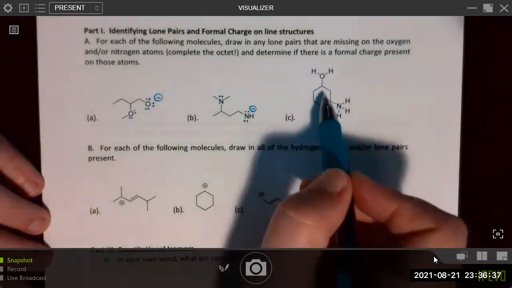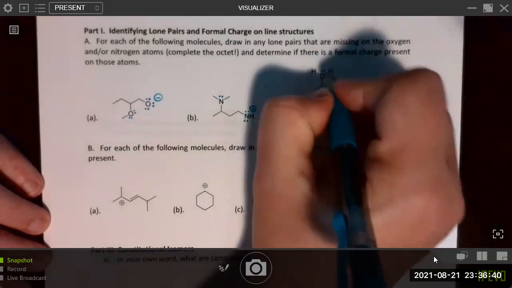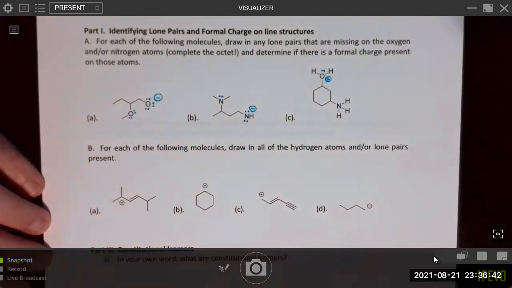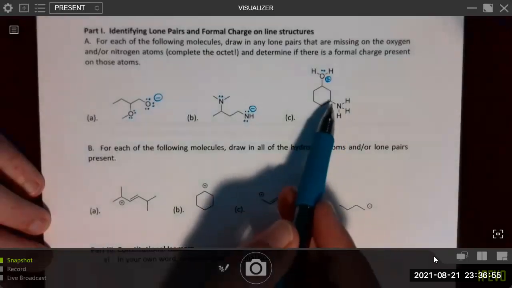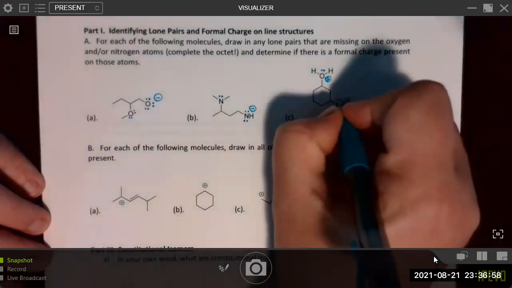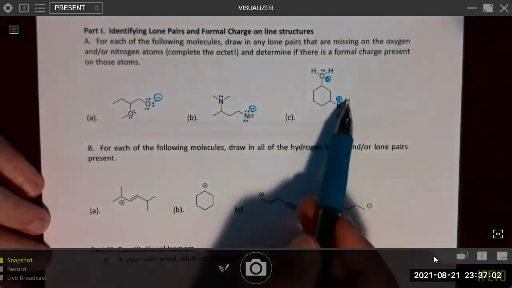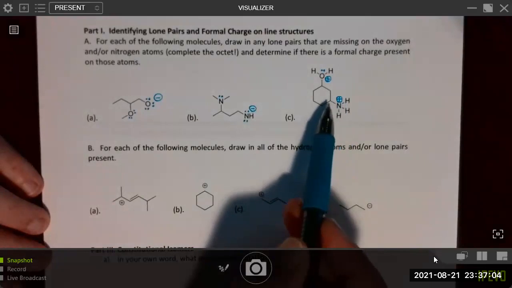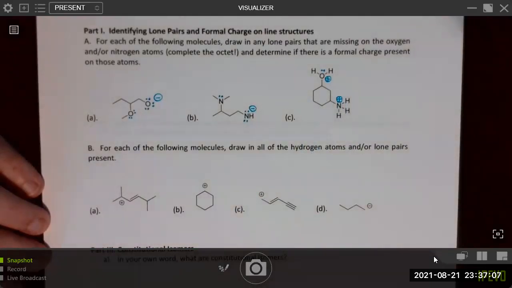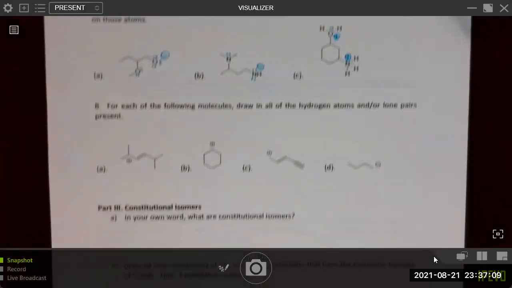Oxygen can make 3 bonds. When it does so, it has 1 lone pair and a formal positive charge. That's due to the calculation 6 valence electrons for oxygen minus, in this case, 5 assigned electrons equals +1 for the positive charge. Nitrogen can make 4 bonds. When it does so, it has a positive charge. We don't need to add any extra lone pairs here because nitrogen already has an octet when it makes 4 bonds.